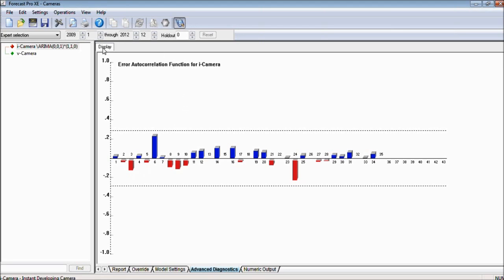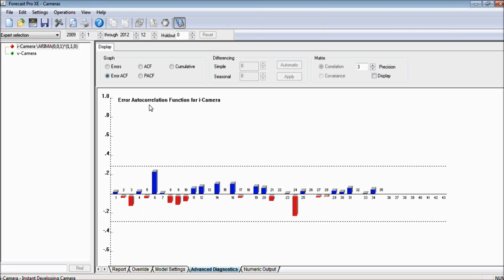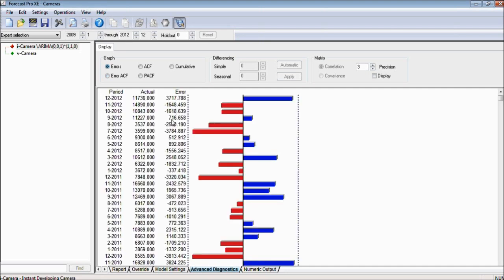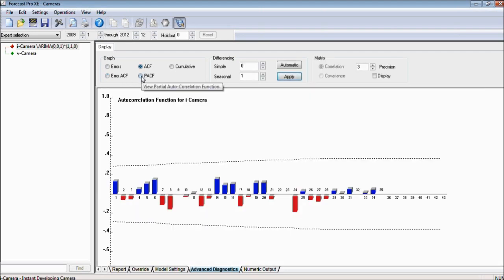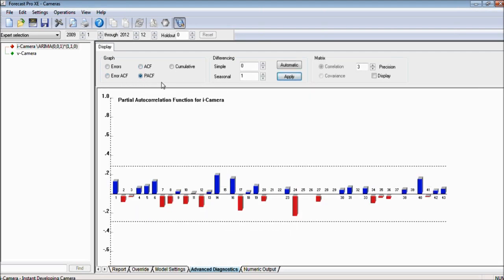And I'm going to open up the Display tab and just point out, for those who are well-versed in modeling, who really want to get into the details, there's a lot of power here. There's a lot of things we can do. If I want to look at a display of the errors, so this is just month by month. What's the actual? What's the error? Here's a histogram of the errors or the residuals. As we've seen, the error autocorrelation function. There's also the autocorrelation function and the partial autocorrelation function, which can be useful if I'm deciding, say, orders of